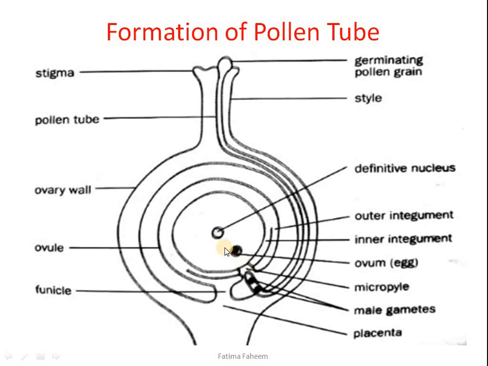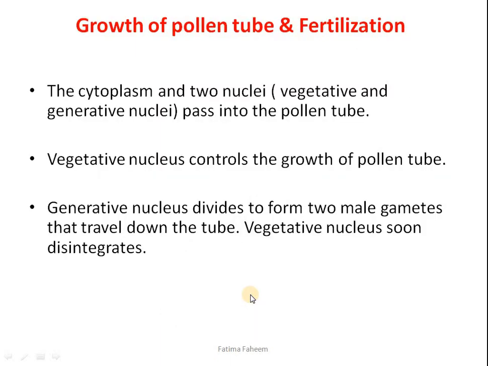Fusion will take place. This is called double fertilization, since one male gamete fuses with one female gamete and the other male gamete fuses with the other female gamete. Here in the theory as well, I have tried to make you understand that the cytoplasm and the two nuclei, vegetative and generative nuclei, would pass into the pollen tube. Vegetative nucleus controls the growth of the pollen tube, while generative nucleus divides to form two male gametes that travel